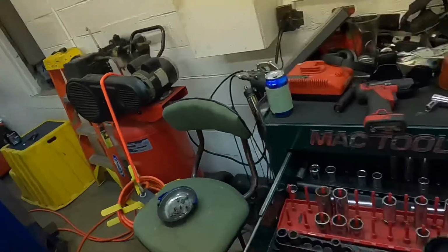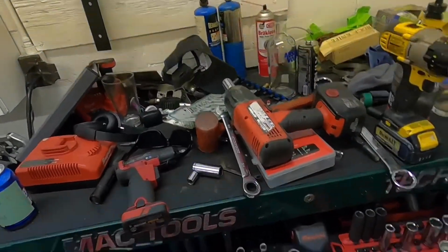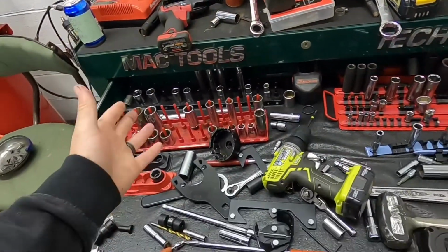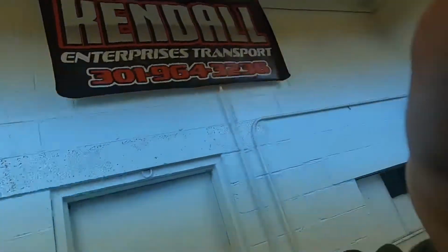So tonight we are in the garage. Have you ever been doing 100 different things and then your toolbox ends up looking like this? Oh, yeah. Everything's missing. That's because we ended up working out in the driveway on the trucks this week because this is